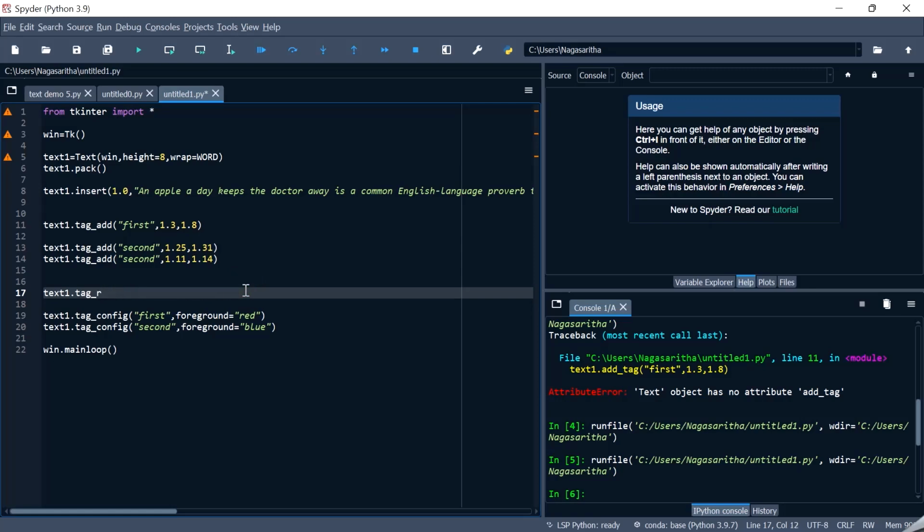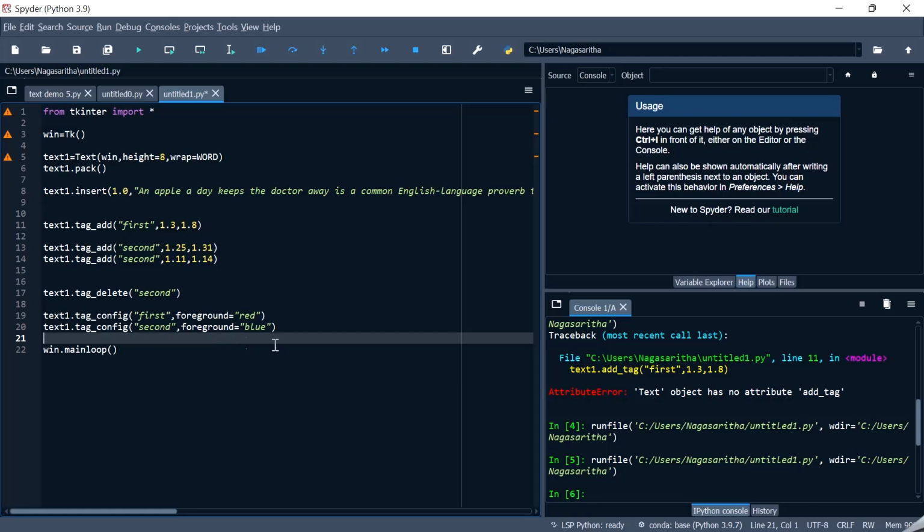Now let us see tag underscore delete. For this I have to specify the tag name. The tag itself will be deleted. So day and doctor no longer will have the tag because I have deleted the second tag. So day and doctor will not be in blue color because I've deleted this particular tag, that is the second tag. So now when I run the code,